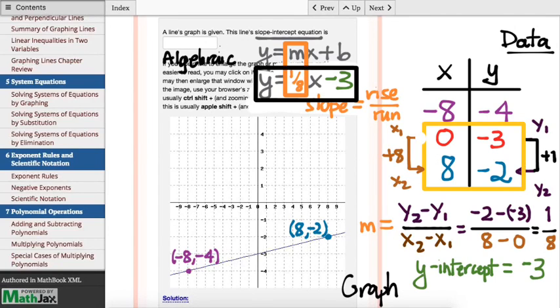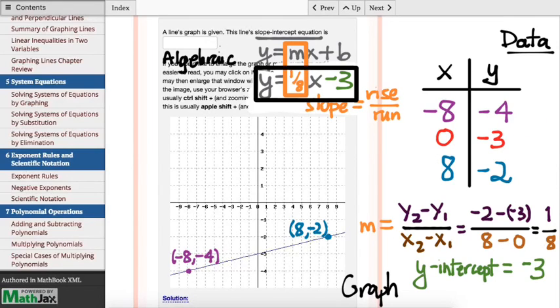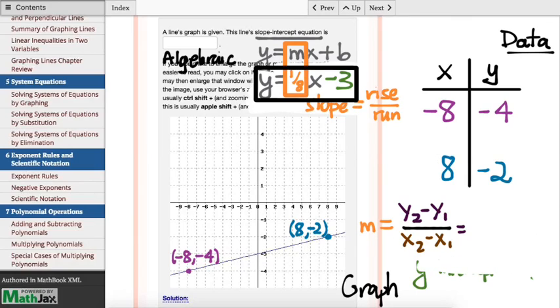What we're going to see next is just a refresher of a quick, well, it's sort of quick, I kind of like it, a way of still finding an equation for this relationship, just using a different strategy called the point-slope strategy. So this approach is going to work regardless of whether we know the y-intercept in the beginning or not. So we're going to treat this problem as though all we have are these 2 points, -8, -4, and 8, -2. So here, the first thing that we're going to do is find the slope, which, as